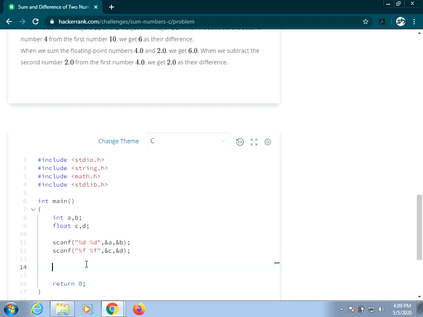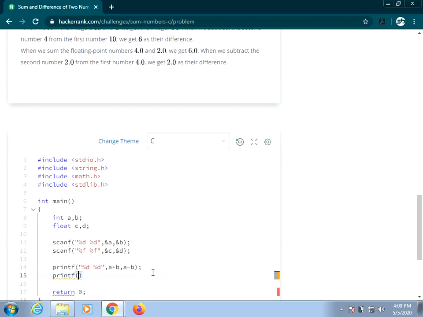Next, after taking those four values as input, now I have to print the sum and difference. So the sum will be the first number, and the difference will be the second number I have to print. So the sum will be a plus b, the difference will be a minus b. That is your output format also, which should contain sum space difference.